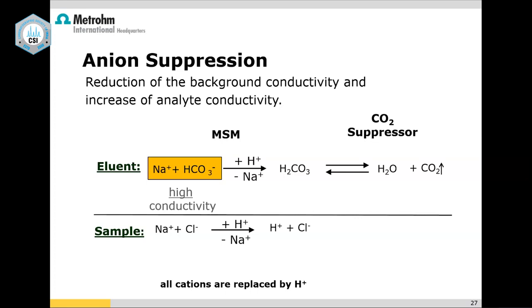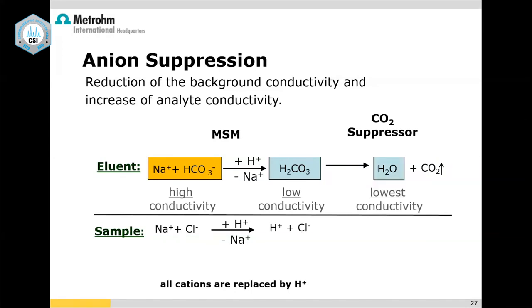The eluent we have used is sodium carbonate bicarbonate, as I told you. If I pass it through the suppressor, all the Na+ is trapped, and in return it is enriched with H+. This converts my eluent to carbonic acid, and further this breaks down to H2O and CO2. This H2O may not be pure, it may have dissolved carbon dioxide also. So what do we achieve here? Basically, the high conductivity eluent is now brought down to a low conductivity eluent. So this is one job of the suppressor.